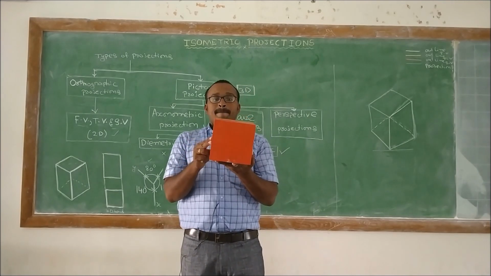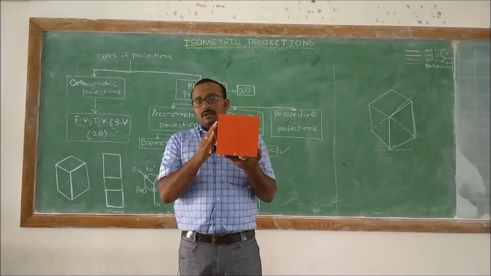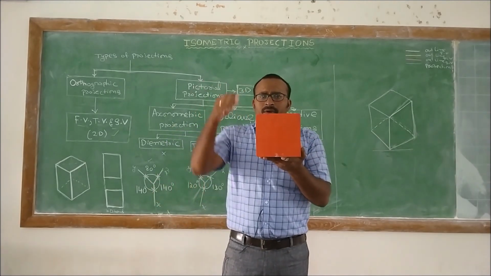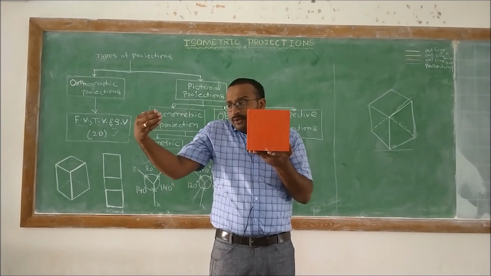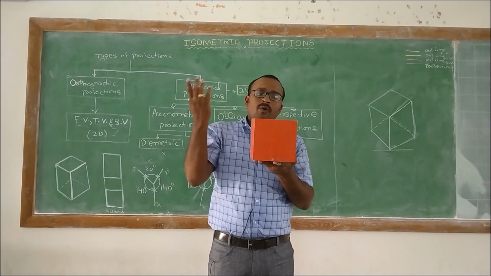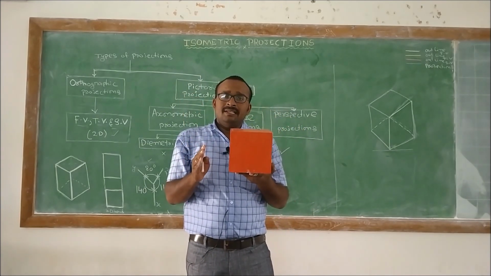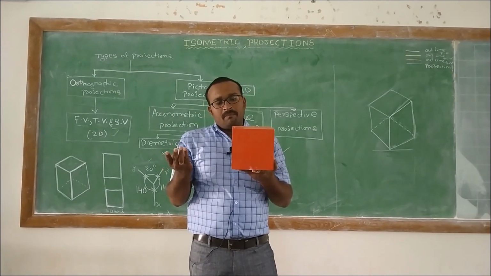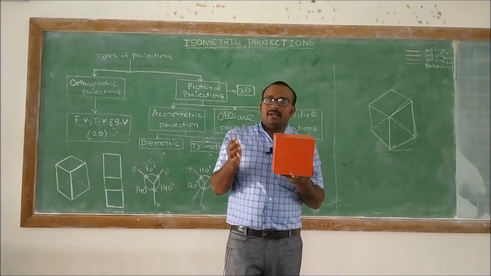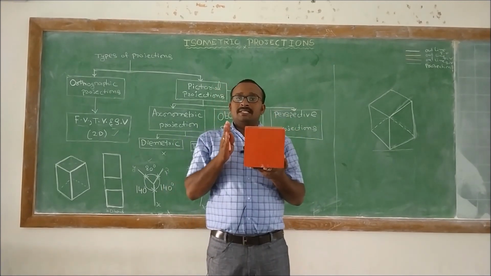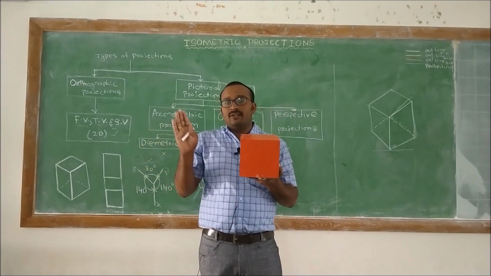Before we talk about the full-fledged isometric view, here we can see that square cube. It is a cube in which all the side faces are equal. Whenever we see it from the top view, it looks like a square. From the front view, it's a square. So based upon the front view, top view, and side view, you can easily say that it is a cube. But if you want to represent that information in a single diagram, then we have to go to the three-dimensional view, that is the isometric view.